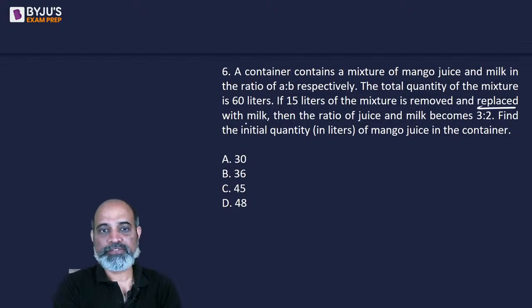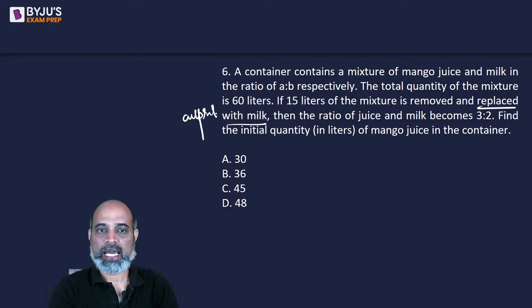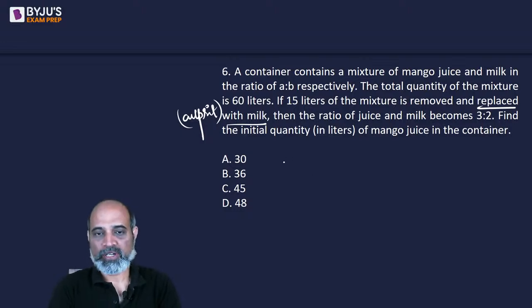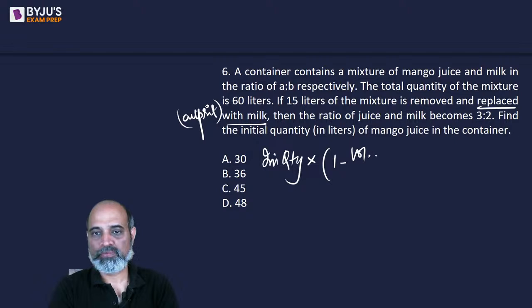Since we are replacing it with milk, this is the culprit here. As in, the question is being formed because milk is being added. So we cannot solve directly for milk. We can only solve for juice, right? For mango juice, the formula is going to be initial quantity of mango juice into 1 minus volume removed